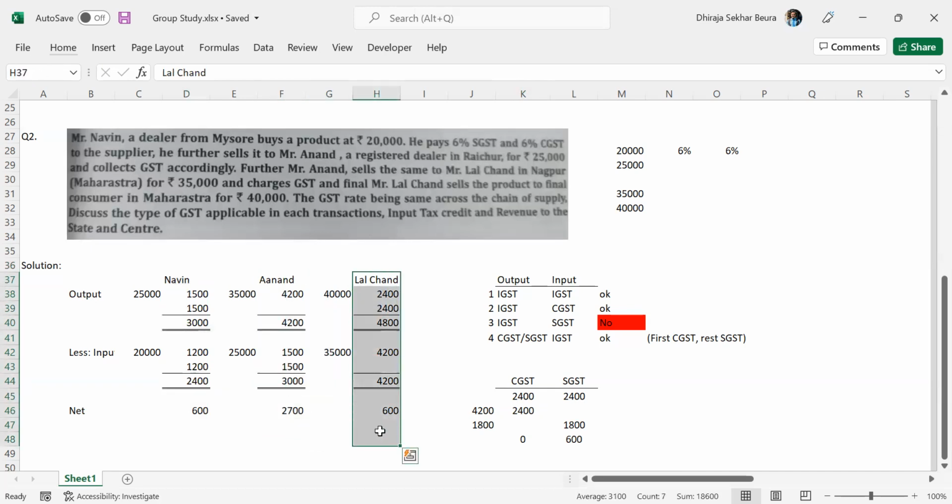Again, the adjustment comes in. We are trying to get the total GST applicable to government, right? That includes all three transactions. No, we are just calculating how much tax a specific person has to pay as of now. Yeah, Lal Chand, if you are saying, so it will be 1800 IGST, and that will